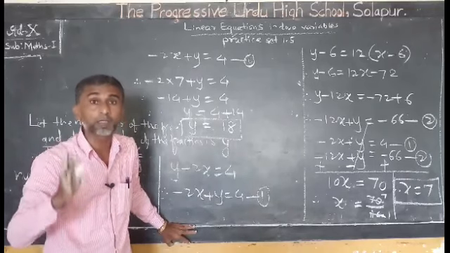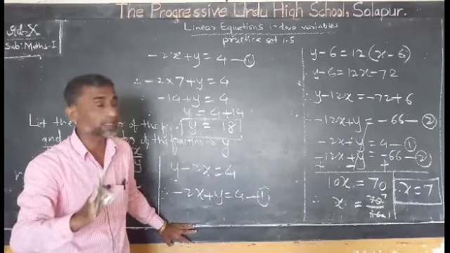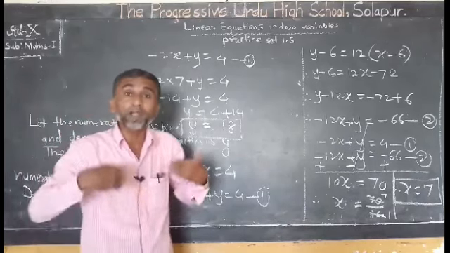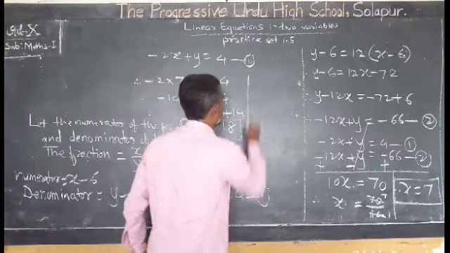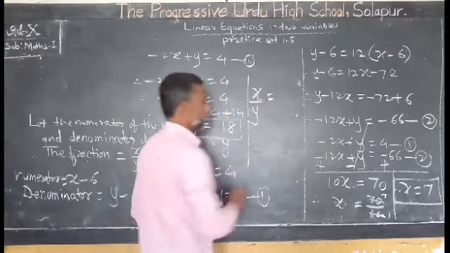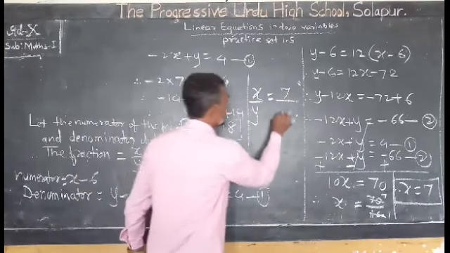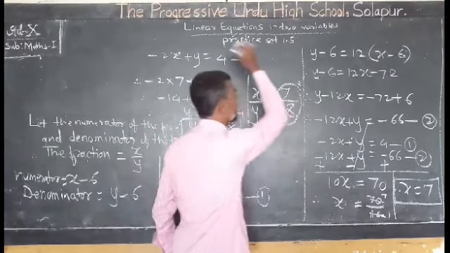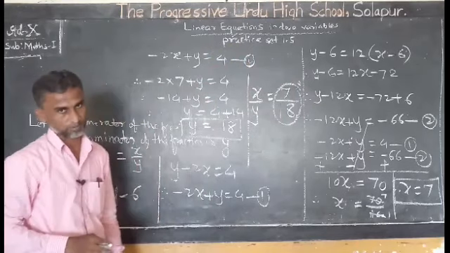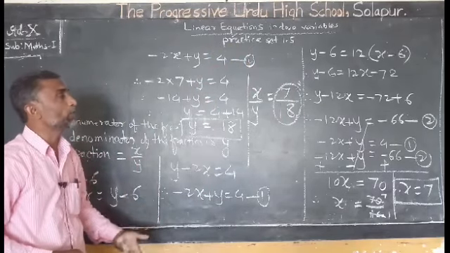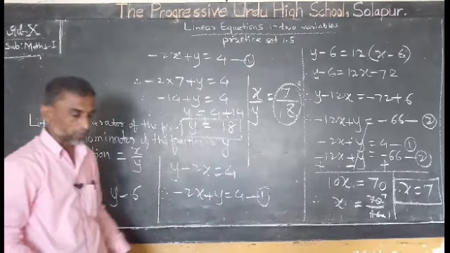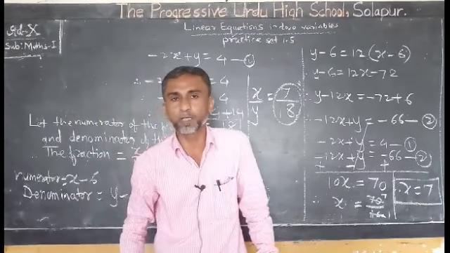In this way, we found both the values of the variables x and y, which are numerator and denominator. This is not the answer. What is the fraction? We have to find the fraction. Fraction is x upon y. Value of x is 7 and value of y is 18. So 7 upon 18 is the fraction. So you can confirm your answer according to the given information in the problem.